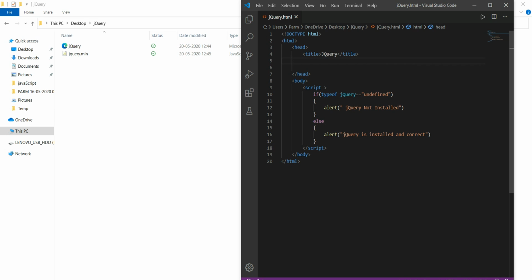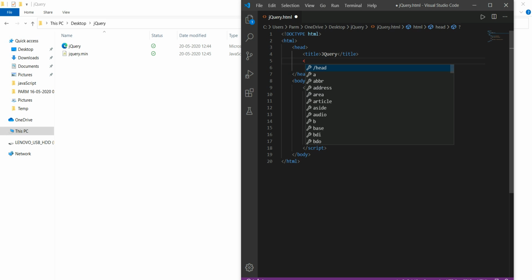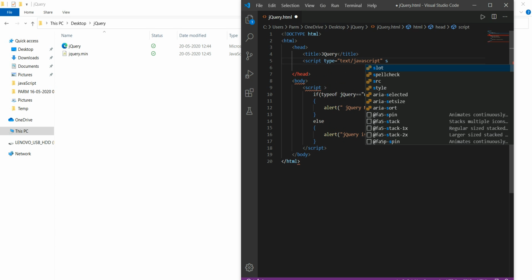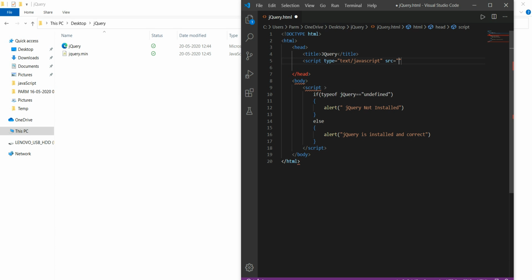So again in the head section I will use a script element, and here I type the type as text/javascript. Then we have to give the source. The name of the file is jQuery.min.js.